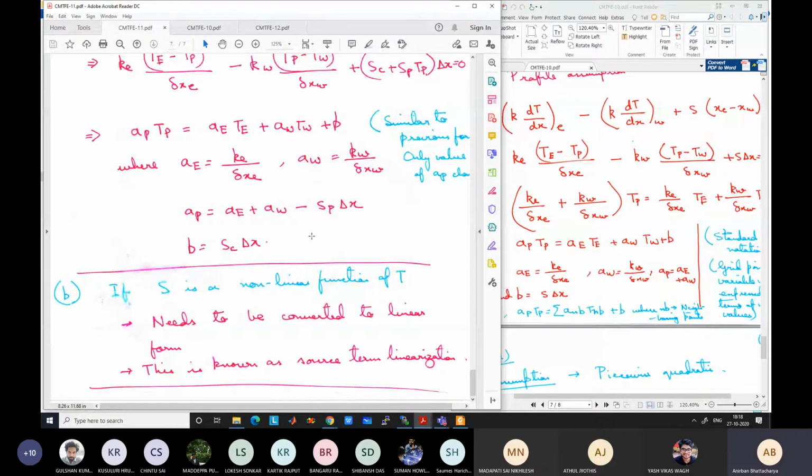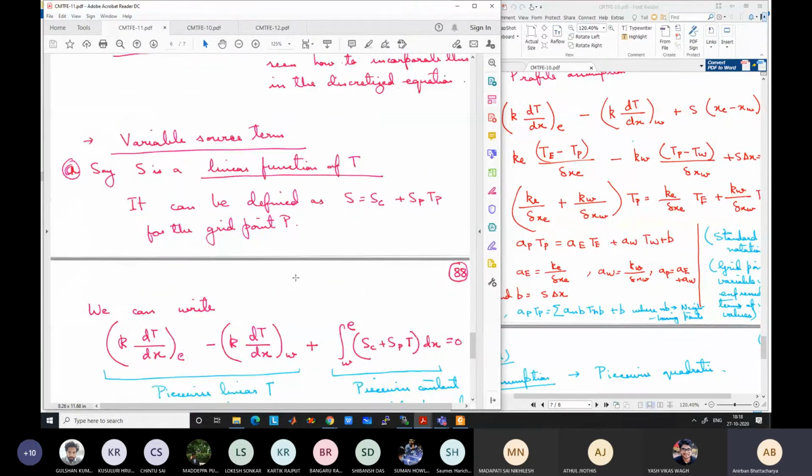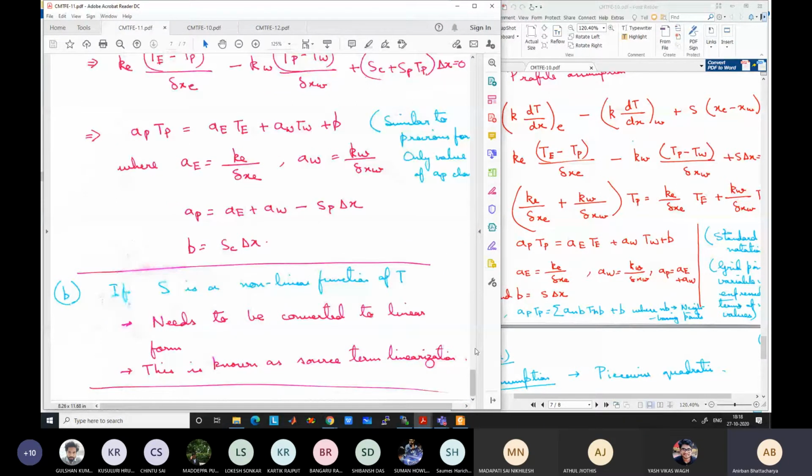So what we have seen is that if the source term is constant, again I am just reiterating for the BTech students who have taken the elective with me in the CFD course, these things are all known to you. It's more like a revision. The syllabus is almost similar for both cases, so not much new part is there, but it will help you to revise, and may be useful for job interviews. We have discussed all this in our elective course, but for MTech students who have not taken CFD, this may be new. These are again very standard. This is a basic course in CFD.